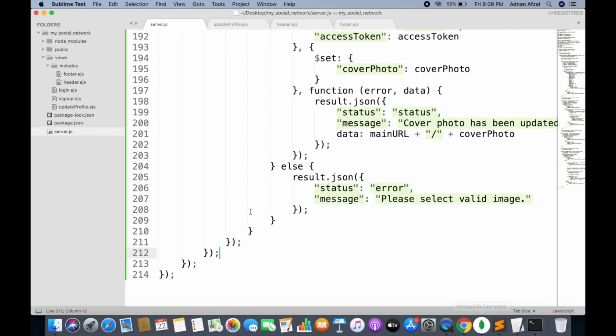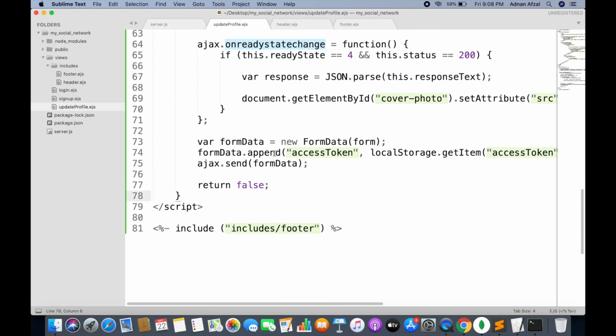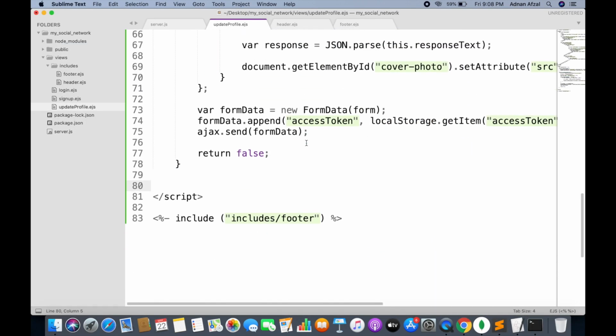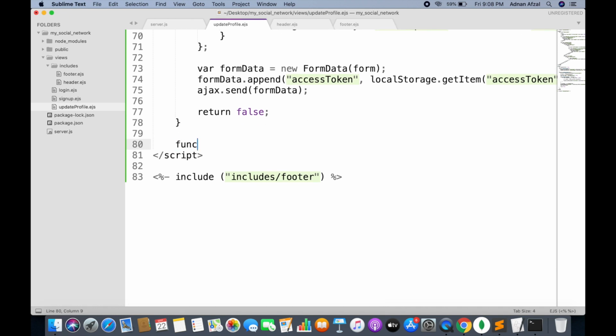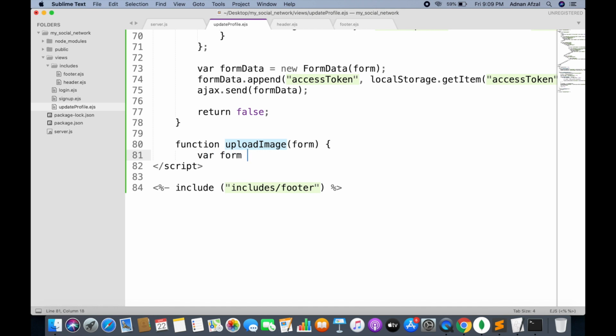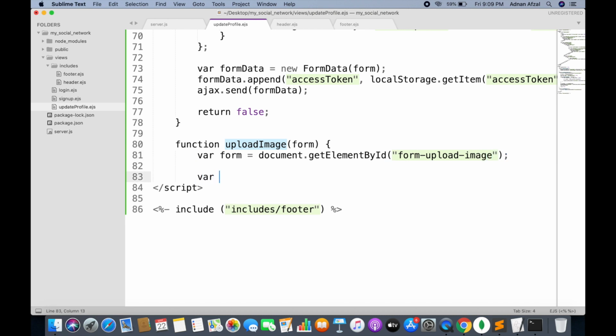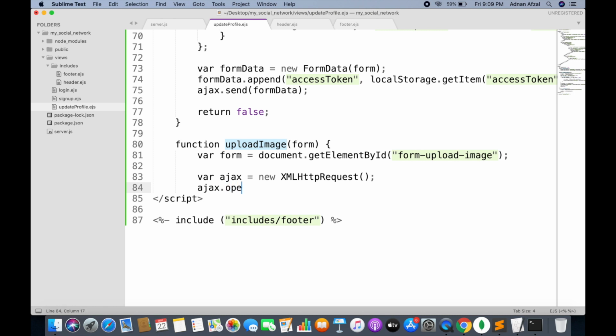So now we will do the same for the profile image. We will create a JavaScript function which will be called when the profile image is selected, and in this function we will send an AJAX request to the server, but now with a different route, so that the server can update this as the profile image.